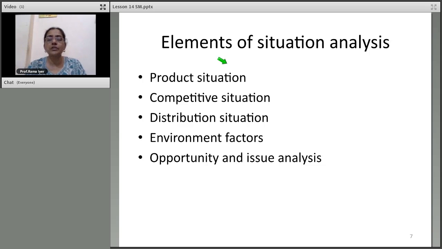Obviously, you should know who your competitor is, no? Otherwise, how will you do any strategy? So, finding out your own core competency. Core competency is your strength, and the core competency of the competitors, and the areas in which they have a stronghold. What are their specialities? What is it that the customer wants? And why is the customer attracted to that competitor? All that you have to keep in mind when you're talking about competitive situation.